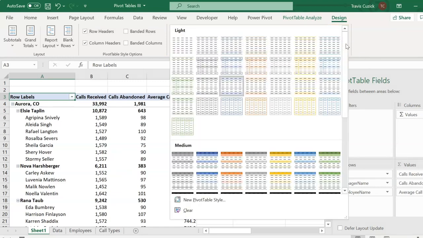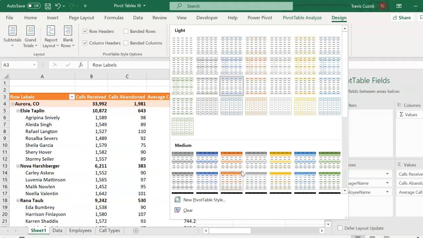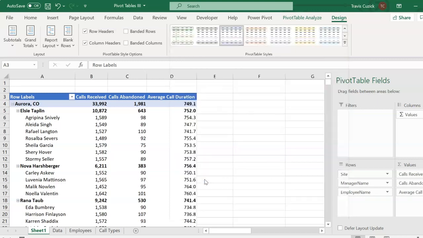So if I click the down arrow to the right of these, I can hover over any of these for a preview of how our pivot table would look with that given style applied. Now my personal preference has always been the Light Blue Pivot Style Medium, so I'll go ahead and click that one. Obviously, your taste or the taste of your audience may differ, but that's why Excel has so many built-in